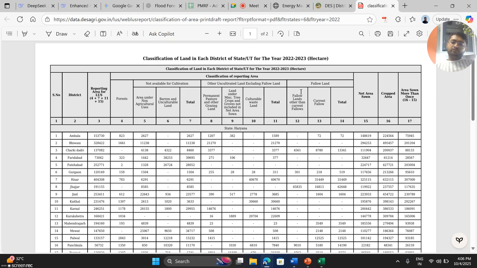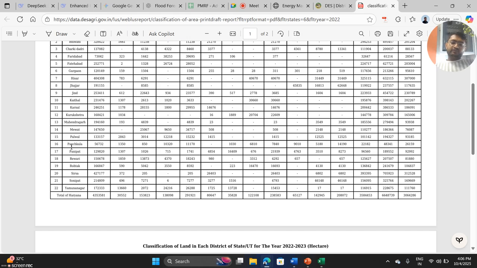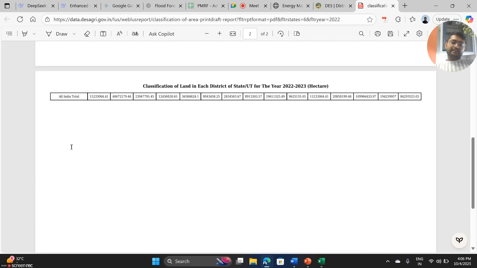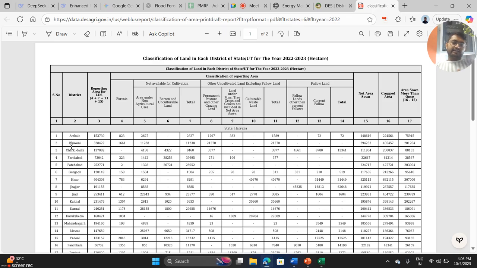So what you can do is take a district shape file of Haryana, and the name of the district should be the same in your shape file and in this Excel file. Then combine those two data sets into one database, which is spatial in nature, which we referred to as an attribute table. Then you can plot this data to see which district in Haryana has a high forest area. This is mostly related to land use classification, but for